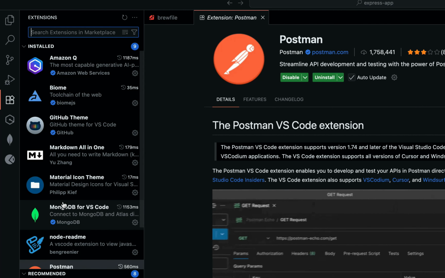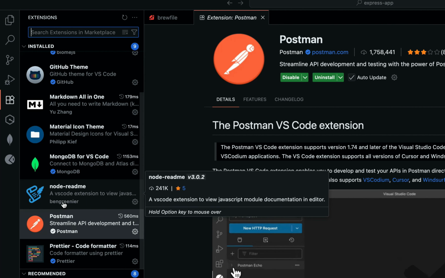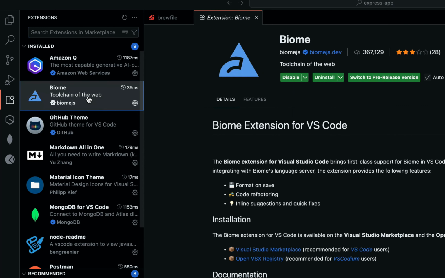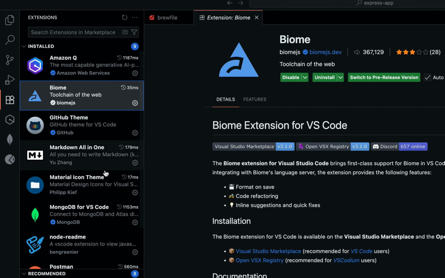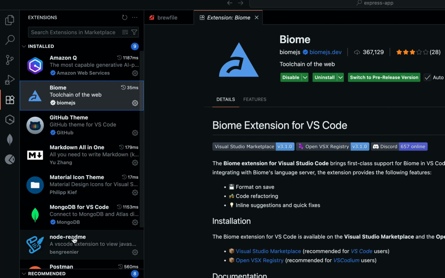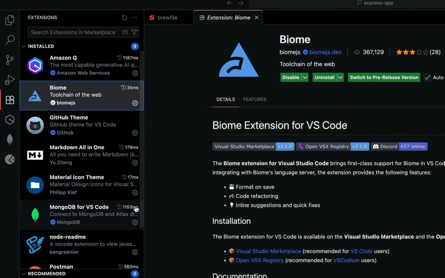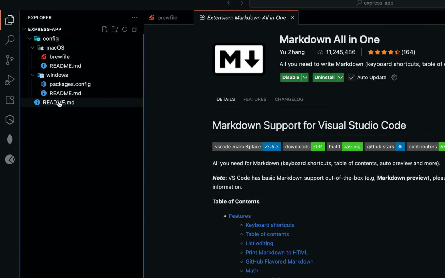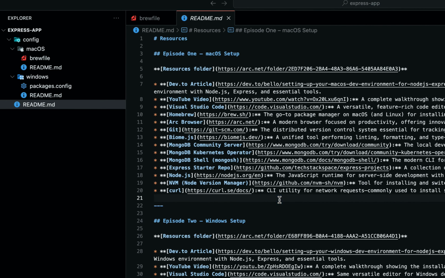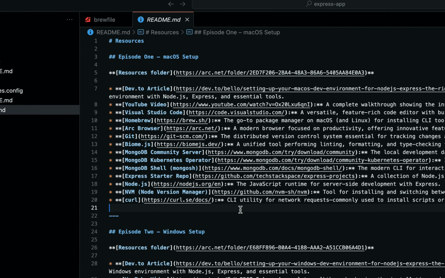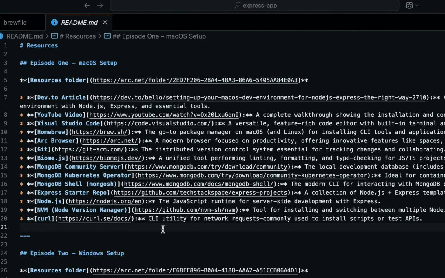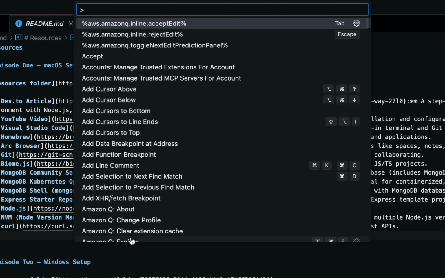So if you notice that they are not working after installing the extension, we are still going to use Biome. So it is going to work automatically in our project. And also this one is already working automatically. So if you go to a README file, for example this one here, and you do Command Shift P, or Control Shift P for Windows. I'm going to use Command Shift P since I'm on macOS. You search for